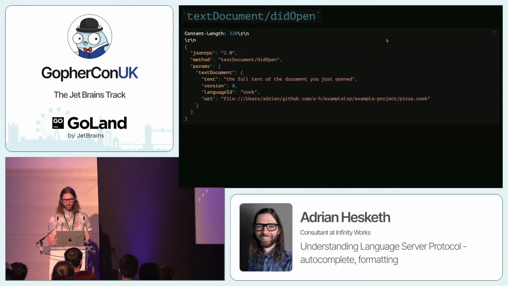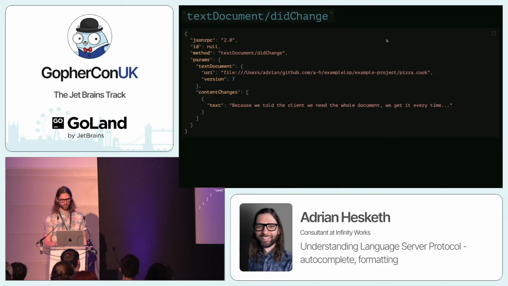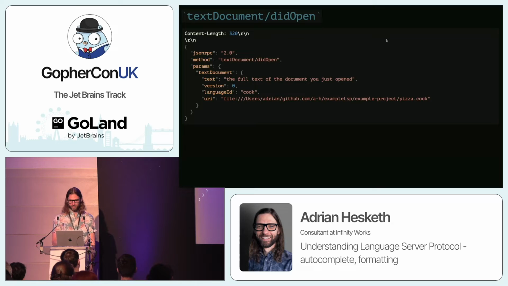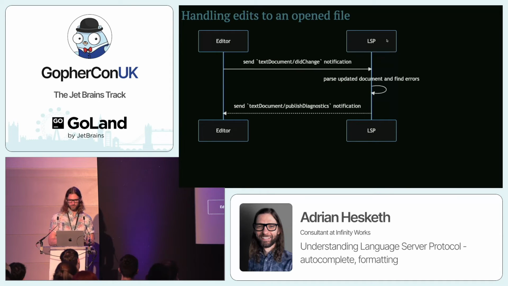So the did open notification, oops, wrong one. The did open notification includes the content length, like we saw earlier, and then it's basically the full text of the document you just opened. And then, given the user might make some changes to that file, and those haven't been saved to disk, the did change will also include the updated document as well, and then we can push the same